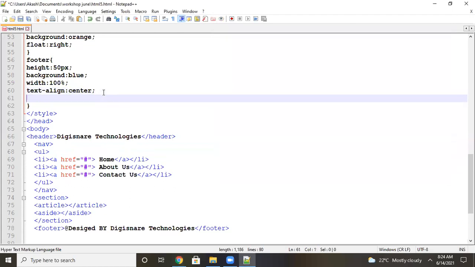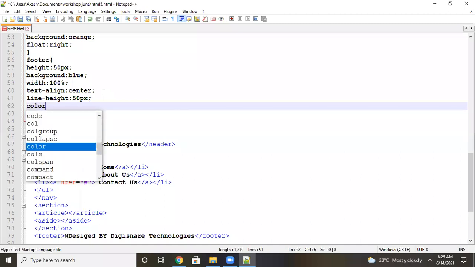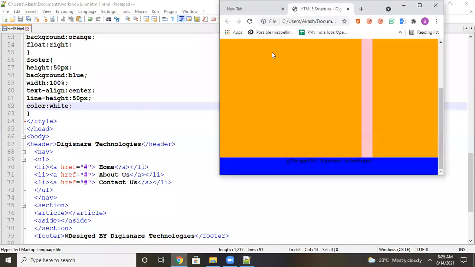Okay, line height px. And the second thing here, we have to make the color white. It will change the color to white. Now you can see it is there here.